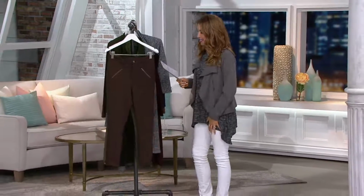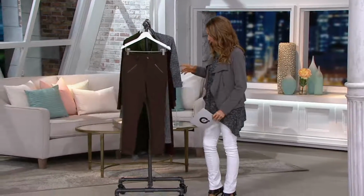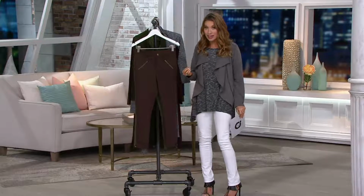All right, well, coming up next, we have another pant from Lisa Rinna, and I do think if you want a clean, really great fit